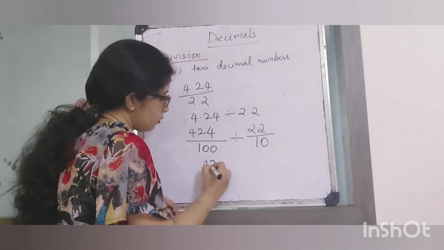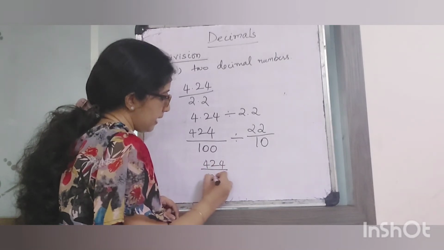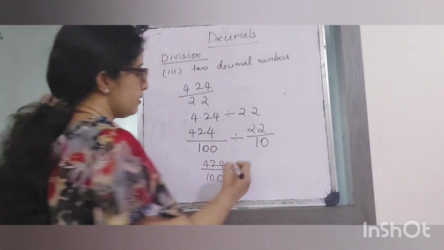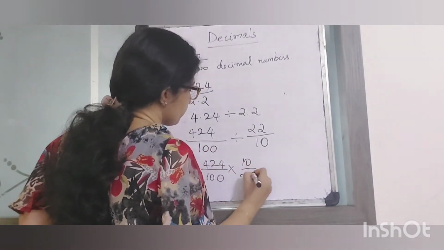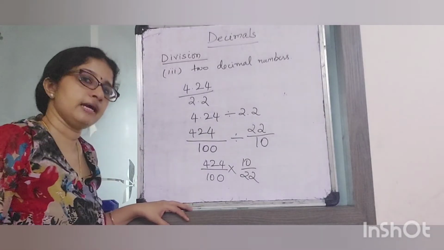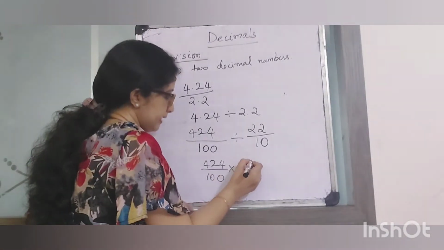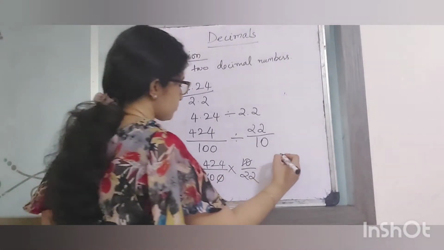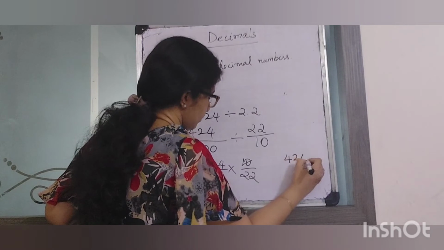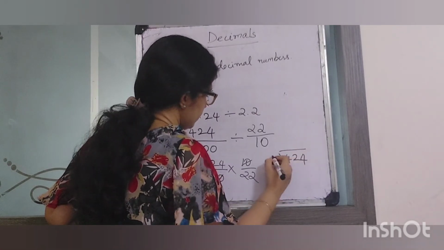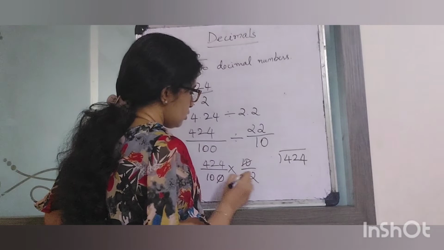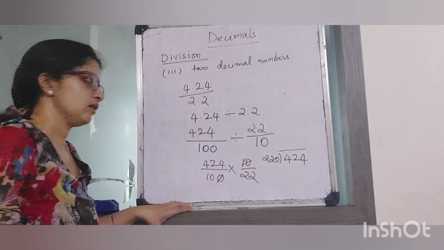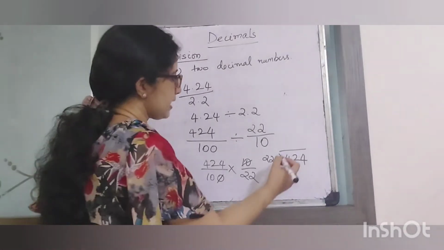So, 424 divided by 100 multiplied by, what is the reciprocal of 22 by 10? 10 by 22. Correct? Now we can cancel this 10 and 100. You will get 10 here. Now 424 divided by 22 into 10 is 220. Okay. So we will get the answer